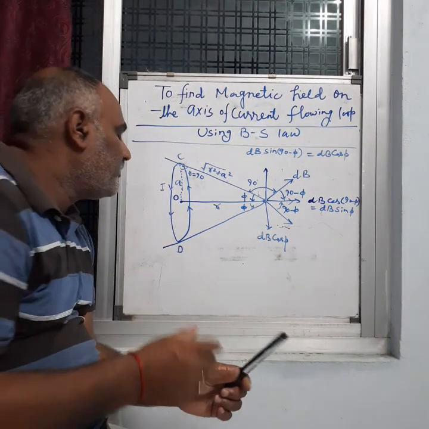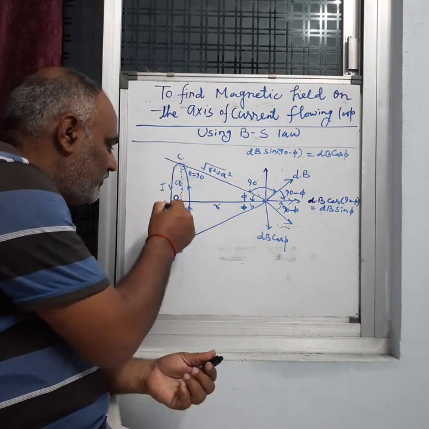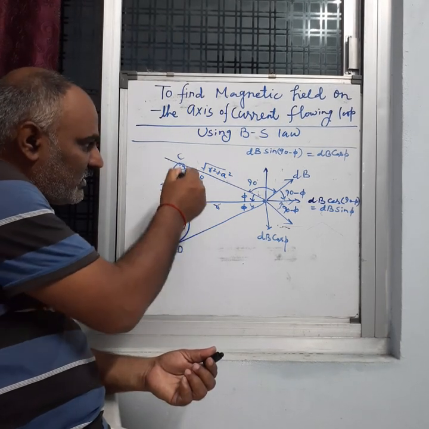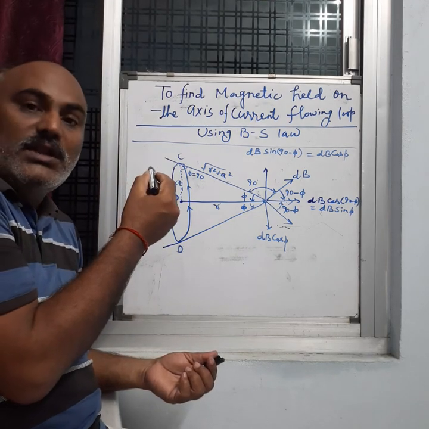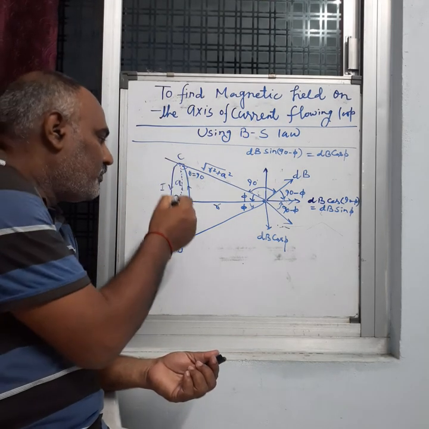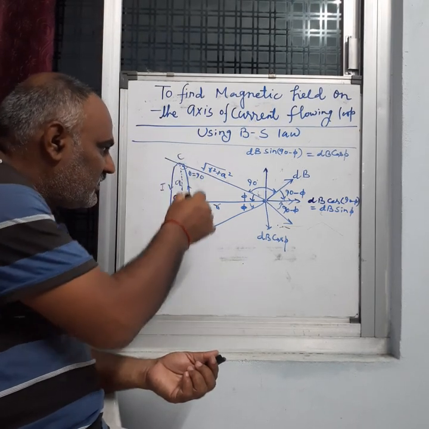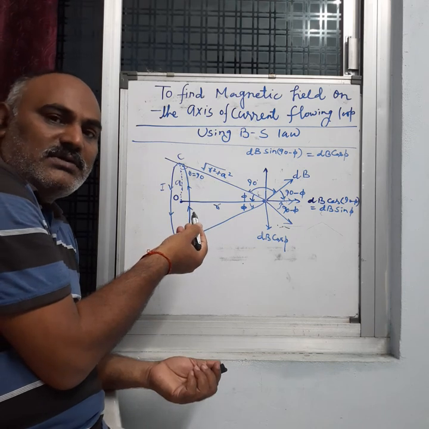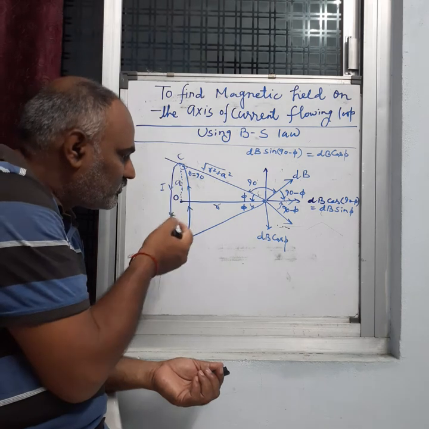See, in this topic, this one is a current flowing wire. See carefully. This one is a current flowing loop, you can say current flowing coil. And this loop has the direction of current here anti-clockwise, maybe clockwise, but I have taken anti-clockwise direction of the current in the loop.